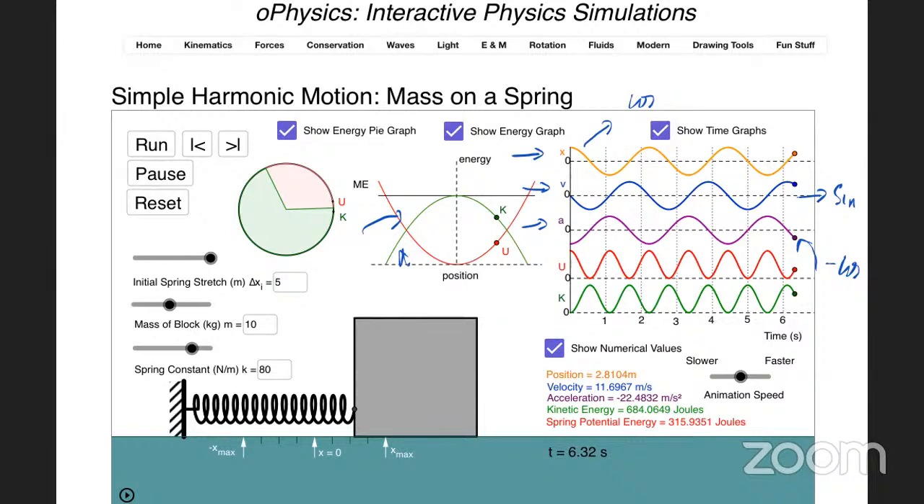You all looking the same? You sure? Remember the cos graph starts at 1, and the sine graph starts at 0, so they're not the same. Yes, that's a minus sine graph underneath. So displacement, velocity, and acceleration